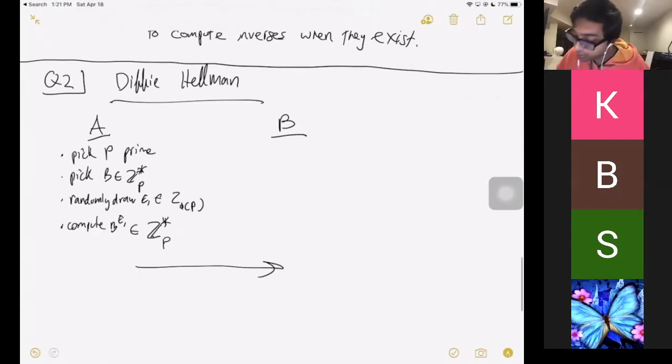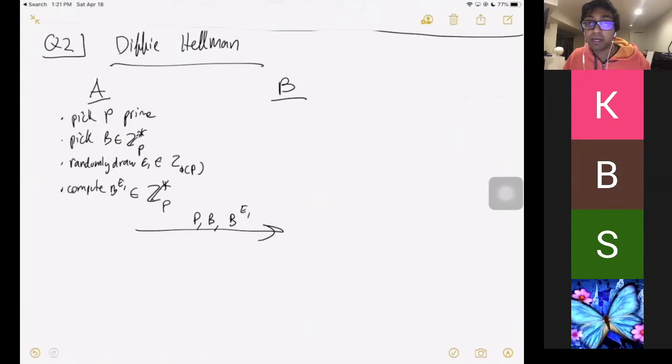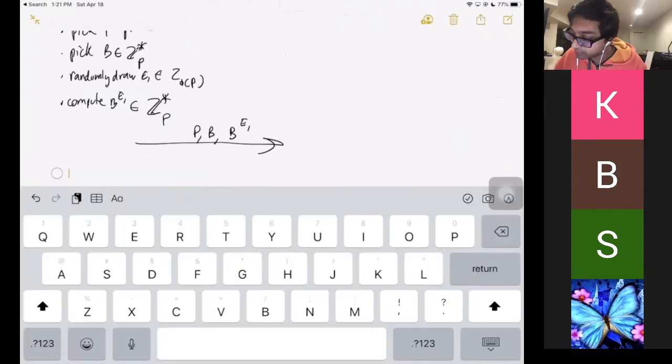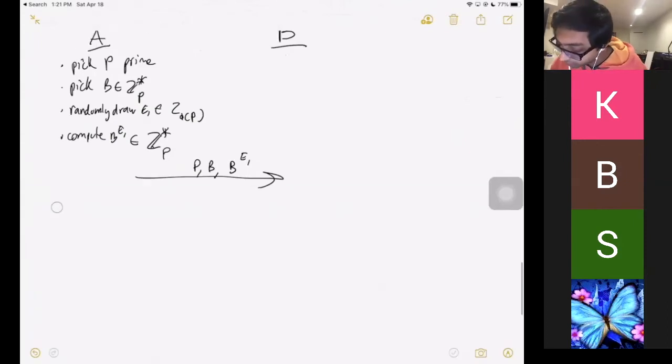And then he'll send P, B, and B to the E1 to Bugbutt. And notice that this stuff that he sent can be seen by anybody, right? Then Bugbutt is going to randomly draw